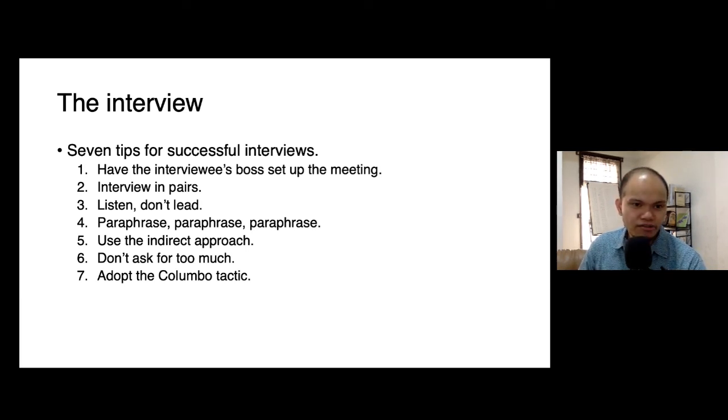You interview in pairs. When we interview in pairs, we look at making sure that we are efficient, right? You don't want to just interview one at a time. It's time consuming. If you can bundle people together, okay. Even as interviewers, if you have more than one interviewer who would need to ask something of the interviewees, then it's also good to have some sort of panel type of interview. I mean, that's fine.